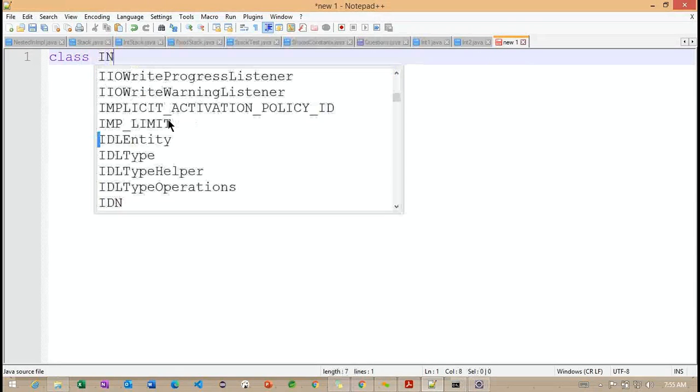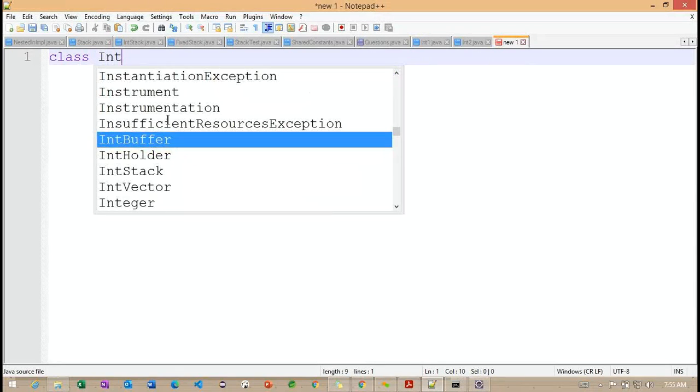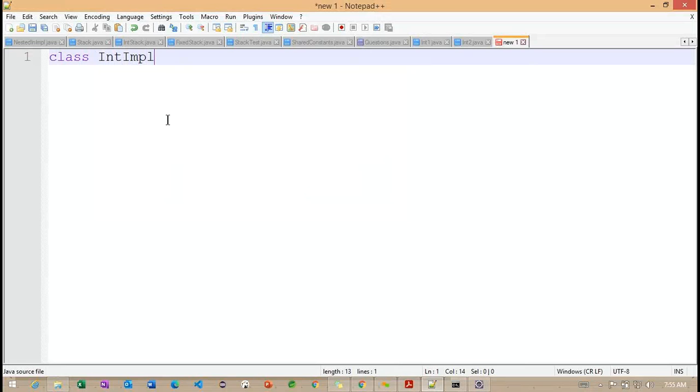Right. Now what I'm doing here is working with an int impl, which is nothing but interface impl. Getting the point. We need to use the keyword implements. Why do we need the keyword implements here? Basically, when we have a relation of class to interface, we need to use the implements keyword.